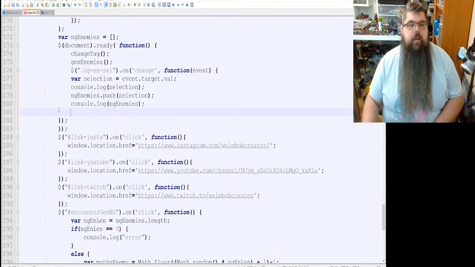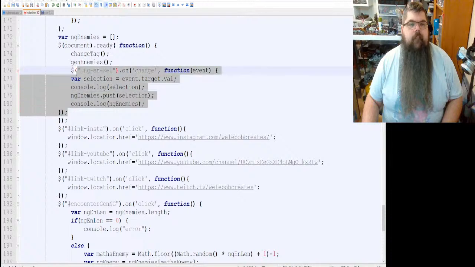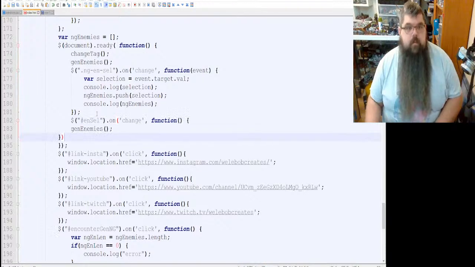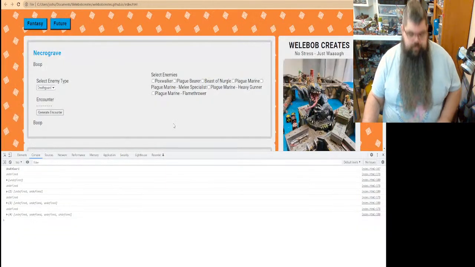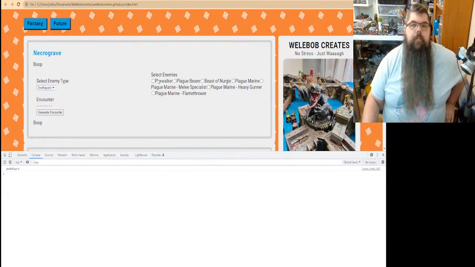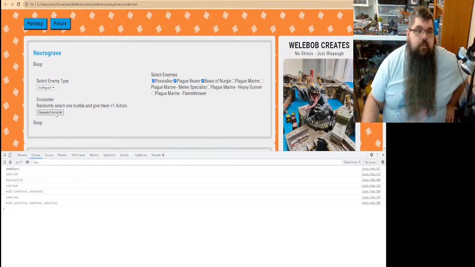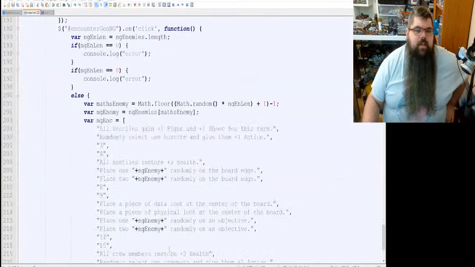Oh no, screwed that up. There we go. All right, cool. So that's now going to add whatever we want to this array, and then when this generates, oh, it's still returning undefined. Where are you returning undefined? Don't return undefined. Don't do that to me.